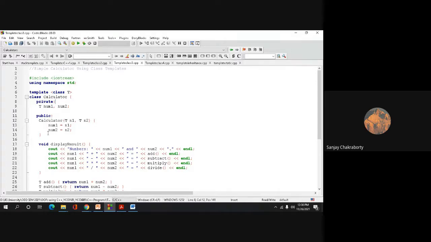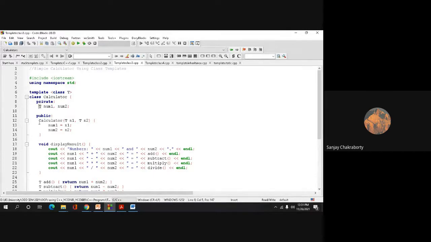Within the calculator class, we have defined 2 data types. These are the members of the class, if you remember, and these are the class access specifiers. Within the private access specifier, we have defined 2 variables, num1 and num2, and both represent the type parameter T. We define the type of num1 and num2 at the time of invoking the class. Understood? T is a template parameter which receives any type during the invocation of the class.